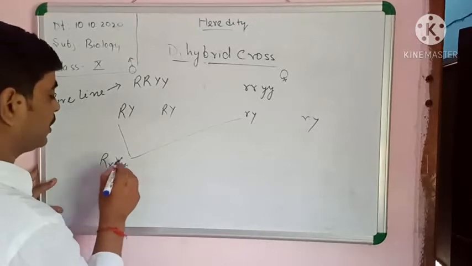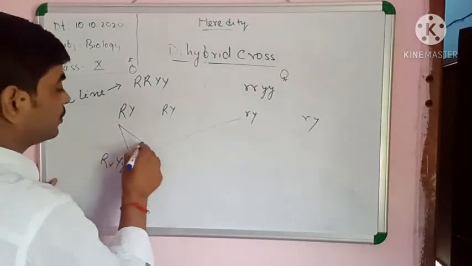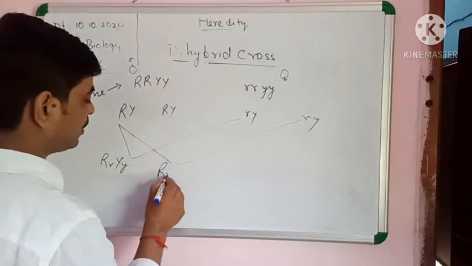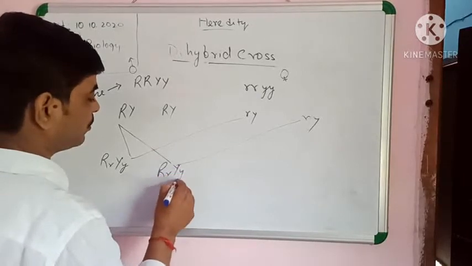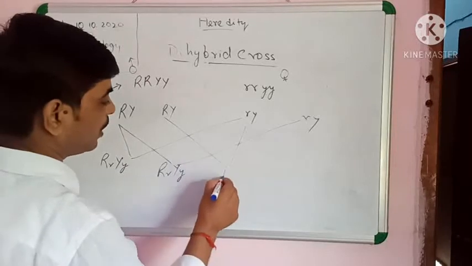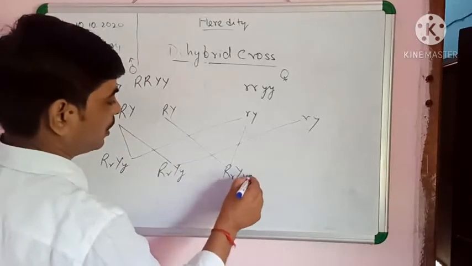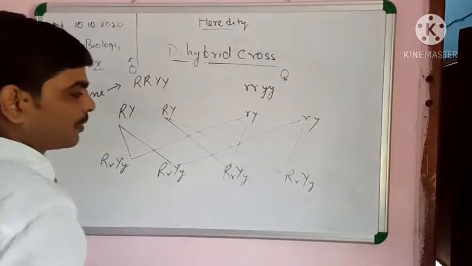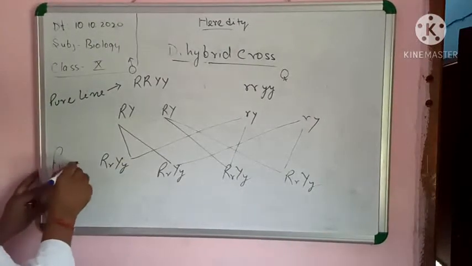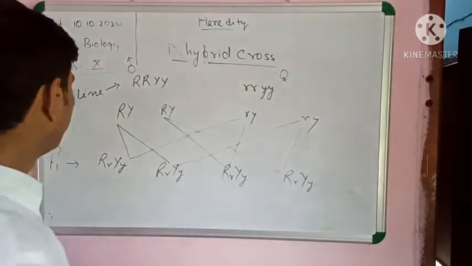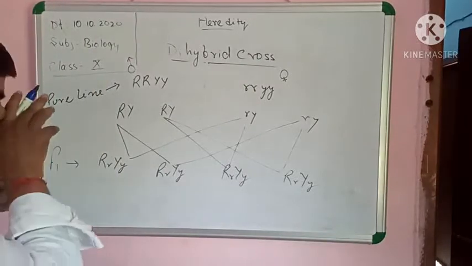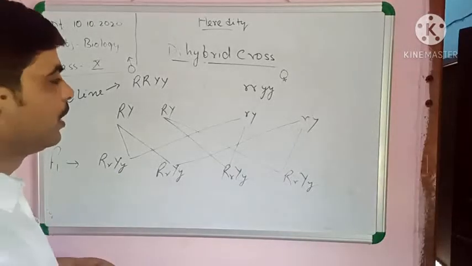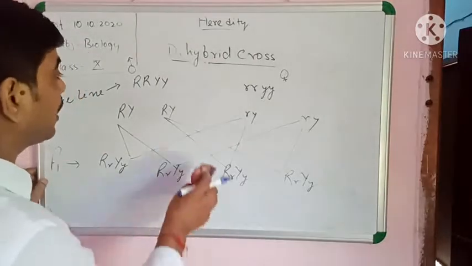RrYy. Okay. Now this one breeds with the second. Then the result will be RrYy. Similarly, this will be RrYy, and this with this RrYy. In this way, this is the F1 generation, as you just studied. Now, the phenotype of F1 generation is round yellow. Okay. And now the F2 generation, how will they form?